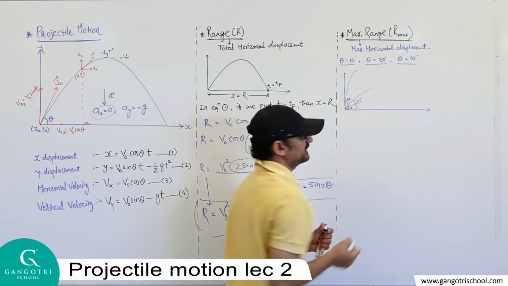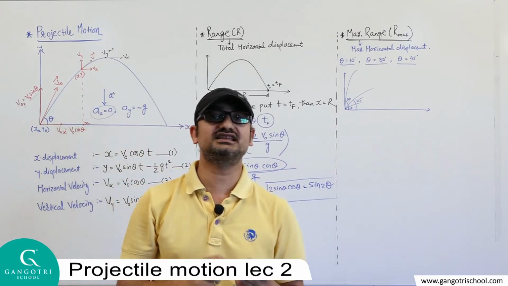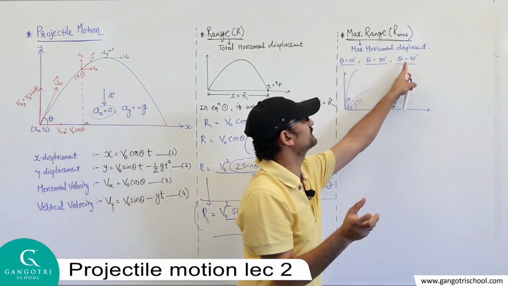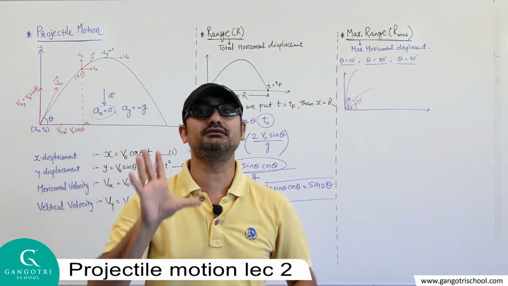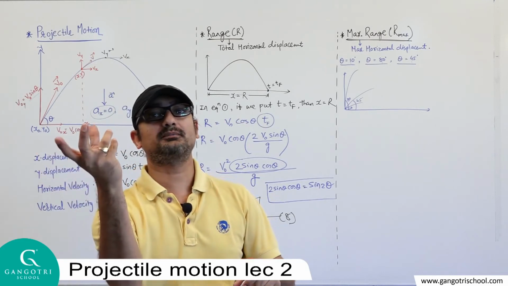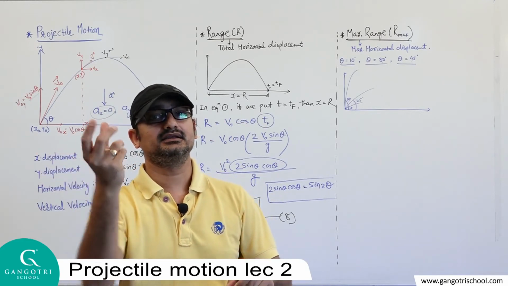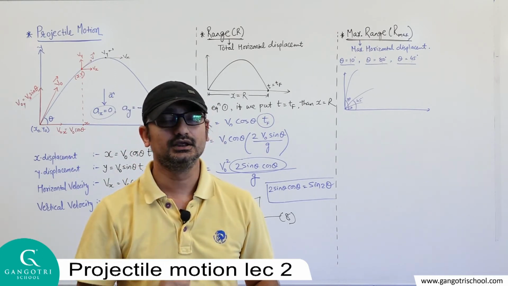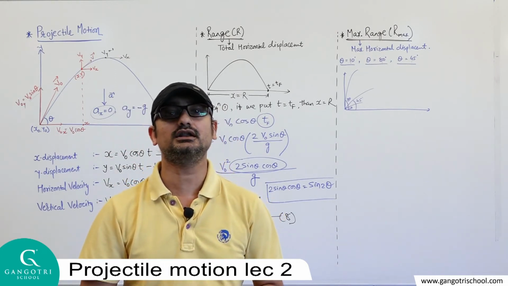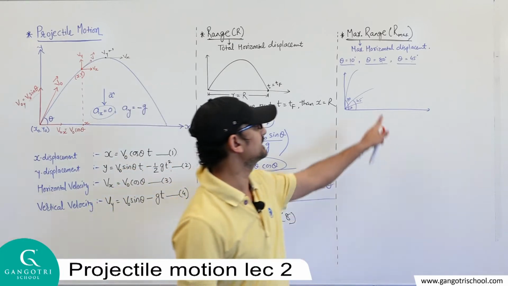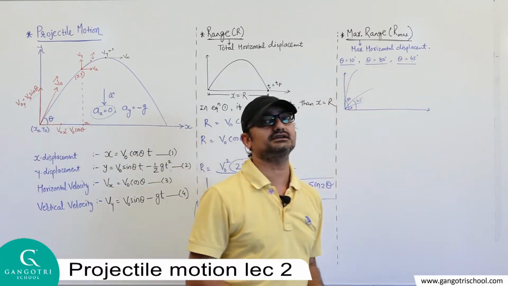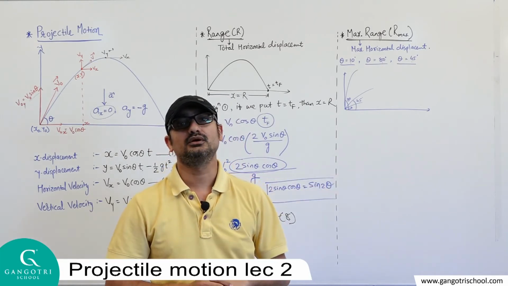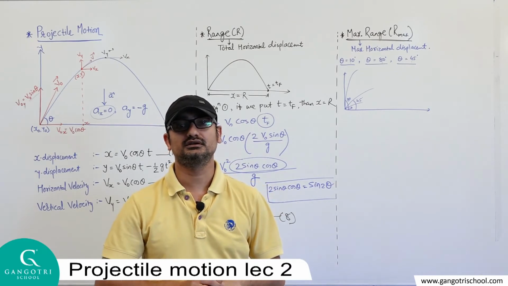Suppose we have three angles of projection, but the condition is that you throw the object at these three different angles with the same speed every time. Whatever force you applied when you threw the object at 80 degrees, the same force is applied at 10 degrees and at 45 degrees. So practically it is observed that if the object is thrown at an angle of 45 degrees, it travels the maximum horizontal displacement.